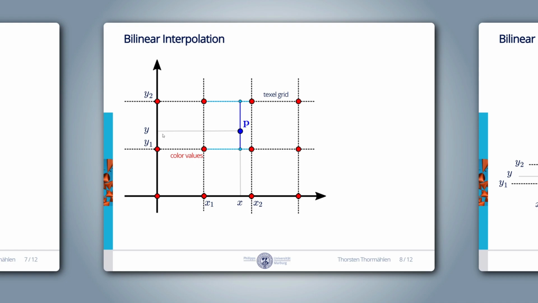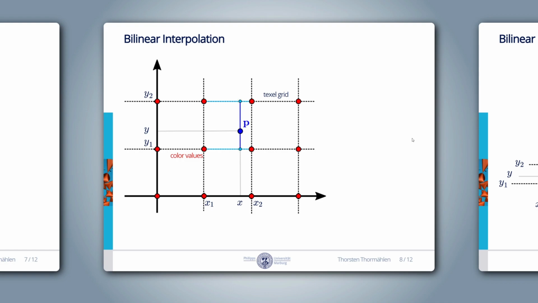In the shown figure, we first interpolate in x direction using the x position of the blue point within its neighbors. This is done 2 times: for the 2 neighbors on top, resulting in a linear interpolated value at this new point, and for the 2 neighbors below, which gives us a result for this new point. Once this is done, we perform linear interpolation in the y direction using the y position of the blue point within the 2 new points.